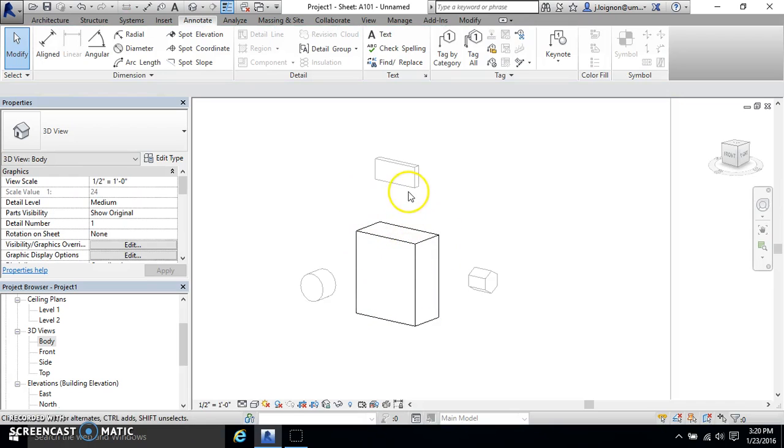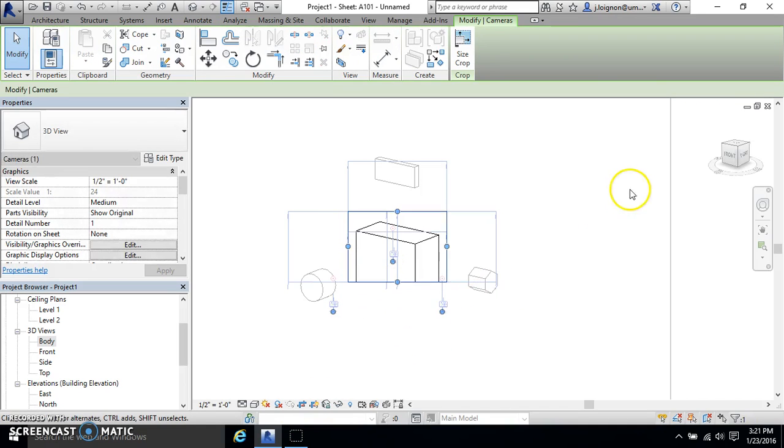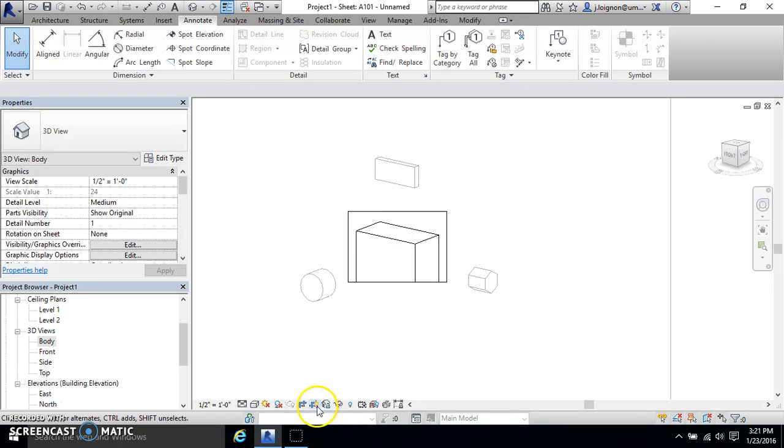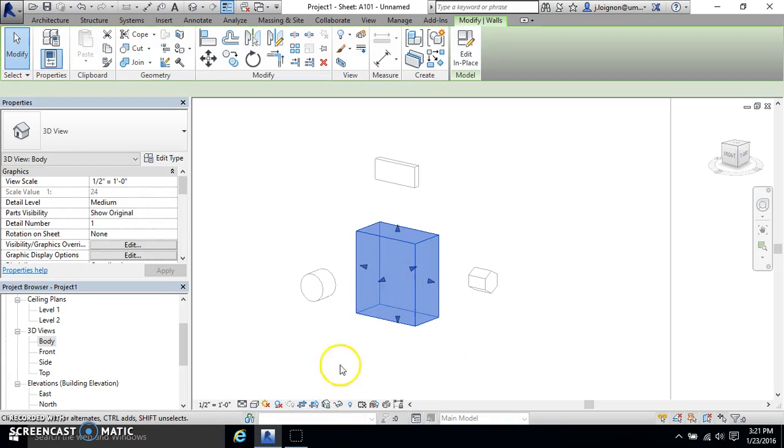But if I double click on the view itself and go back in, this right here is a show crop region. So if you ever need to crop anything, I'm just going to show this for now. So you can see, now I crop that, and then if I wanted to not crop it, I would just deactivate the crop region like that. But this is something that you would want to wait until the very end to do, because once you have all the views set up and everything's exploded and it's where you want it to be, then this is where I would recommend doing this, because as I showed you, that crosshairs